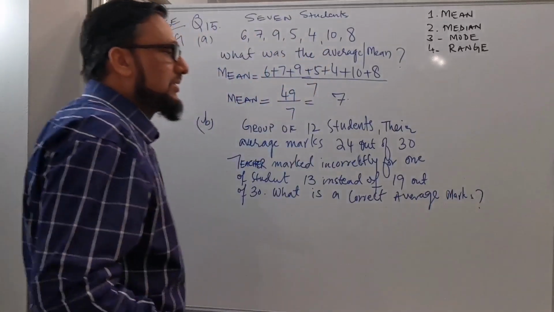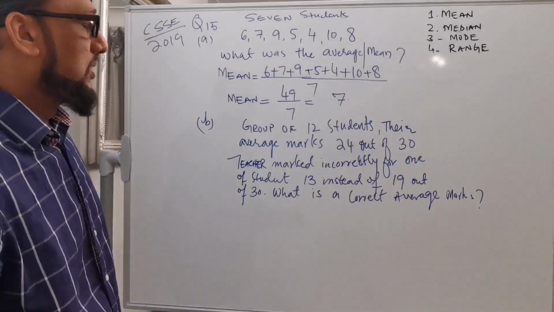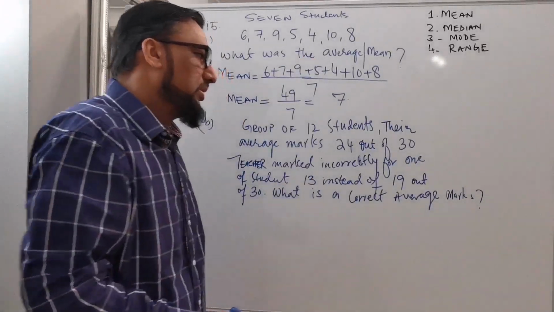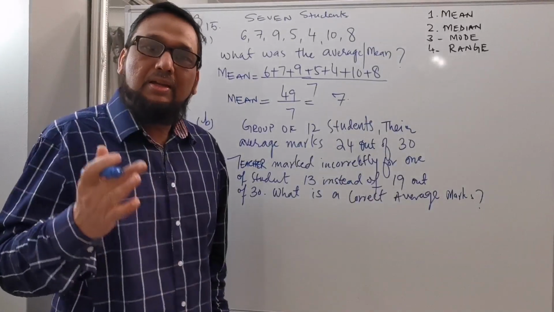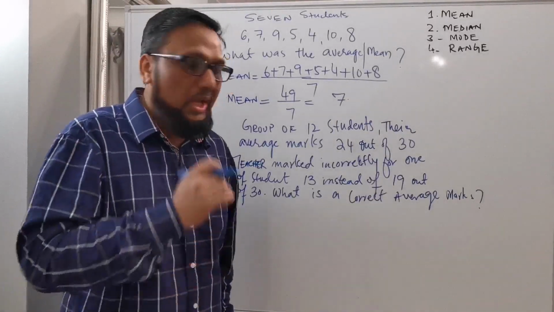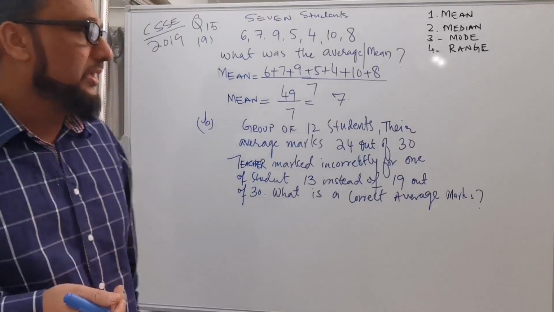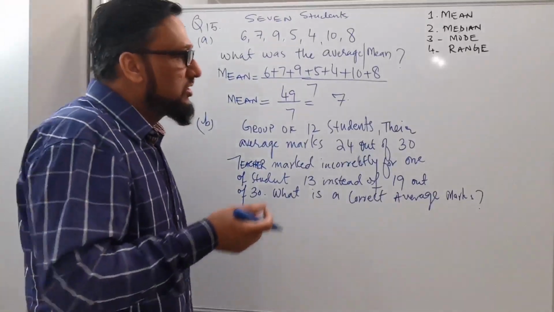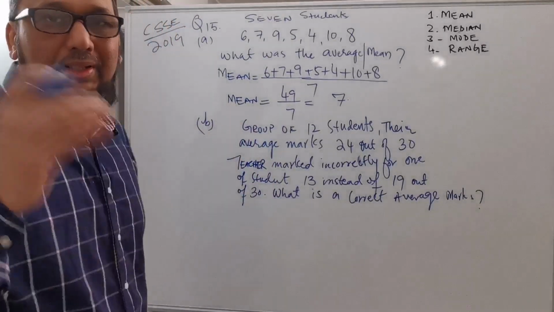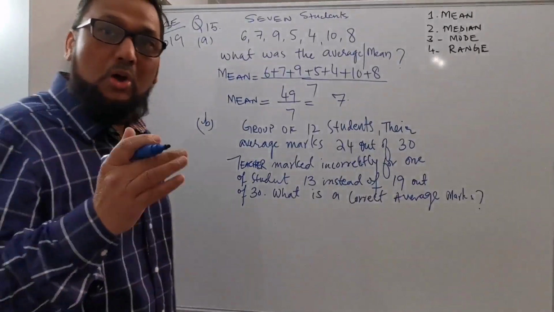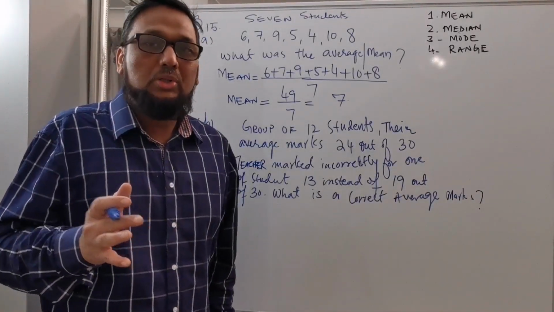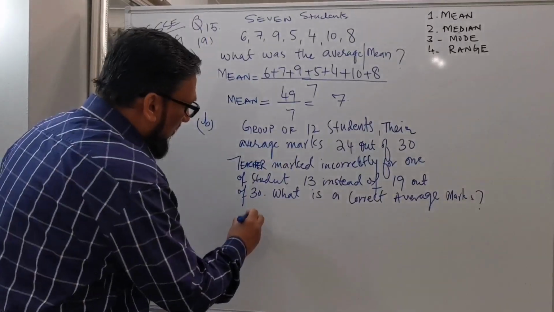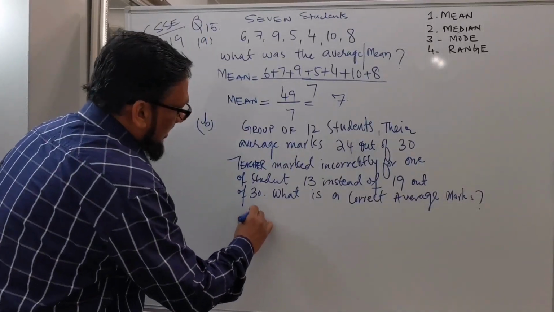The examiner is asking you to find the correct mean. Average means mean. So we need to first work out the sum of the data, which I told you. As per the formula, we can say mean